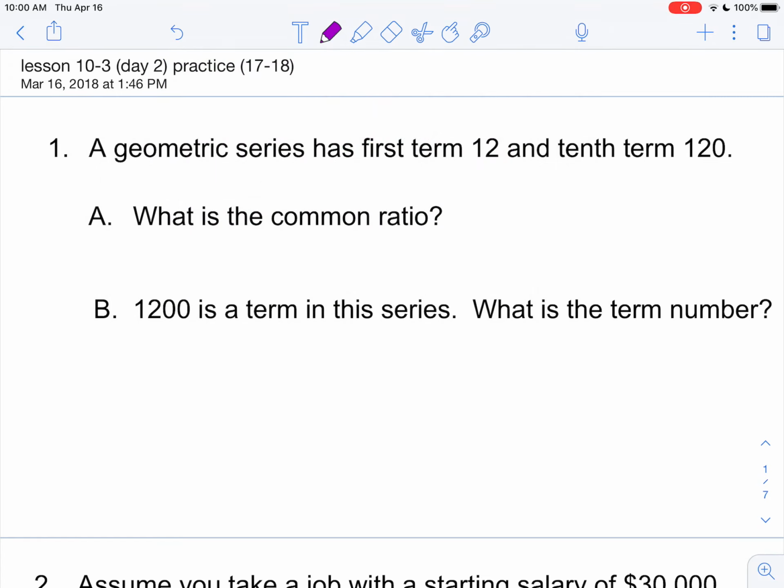So the key thing on every problem we're going to do is deciding if what we're dealing with is arithmetic, geometric, or neither, because that will influence how we attack that problem and what steps we're going to take. So this one already told us geometric. Sometimes we would have to figure that out ourselves, but they told us geometric. Now, this is dealing with terms. So geometric, that was my first clue, and it's dealing with terms. So the only formula that we have is the nth term is the first term times r to the n